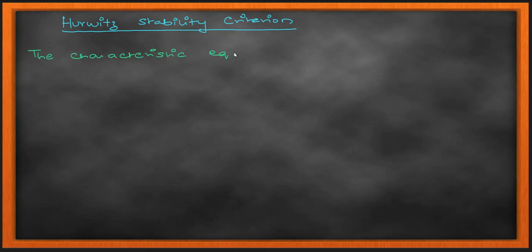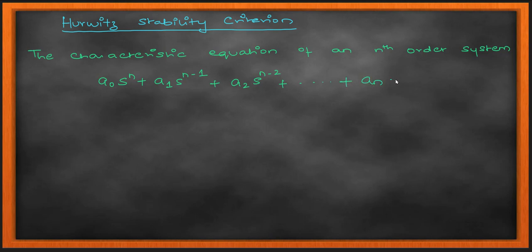Let us say I have a big equation, and finding the poles is not so easy. You cannot find the poles for every equation, right? So you have a much more complex system like this: s to the power of n plus s to the power of n minus 1 plus s to the power of n minus 2. So you cannot find the poles. If I know the poles, I can tell about the stability. That is true. That was the first part of the lecture.